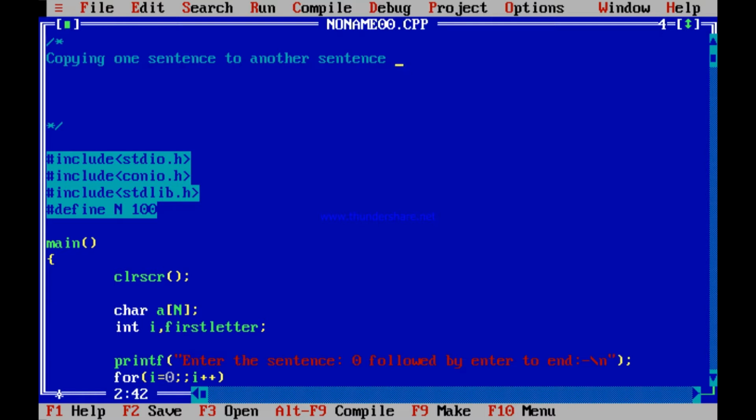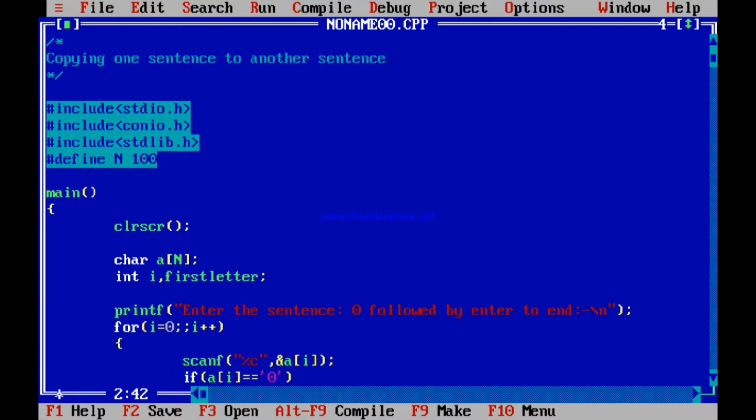A character array, you call it string, and there are some specialities of string in C that we will come to later, very soon, maybe in some next lecture. But you can remember for the time being, a character array is called string. So basically what I am trying to do is copying one string to another. String is a character array, an array of characters. So, character array to another string. This is the program. It is a very simple program.